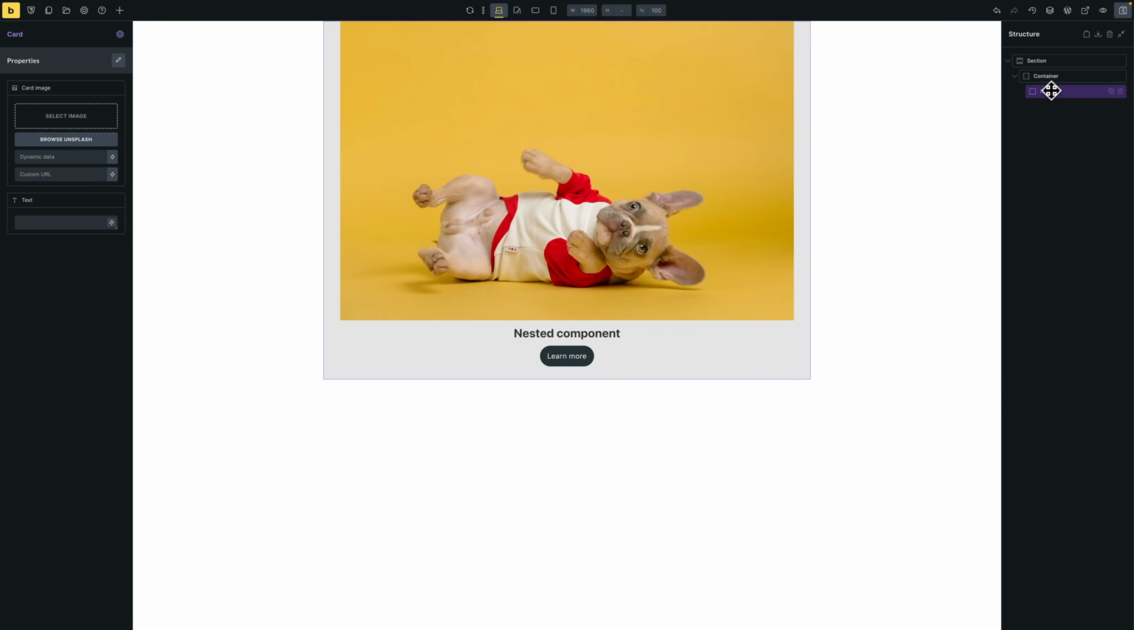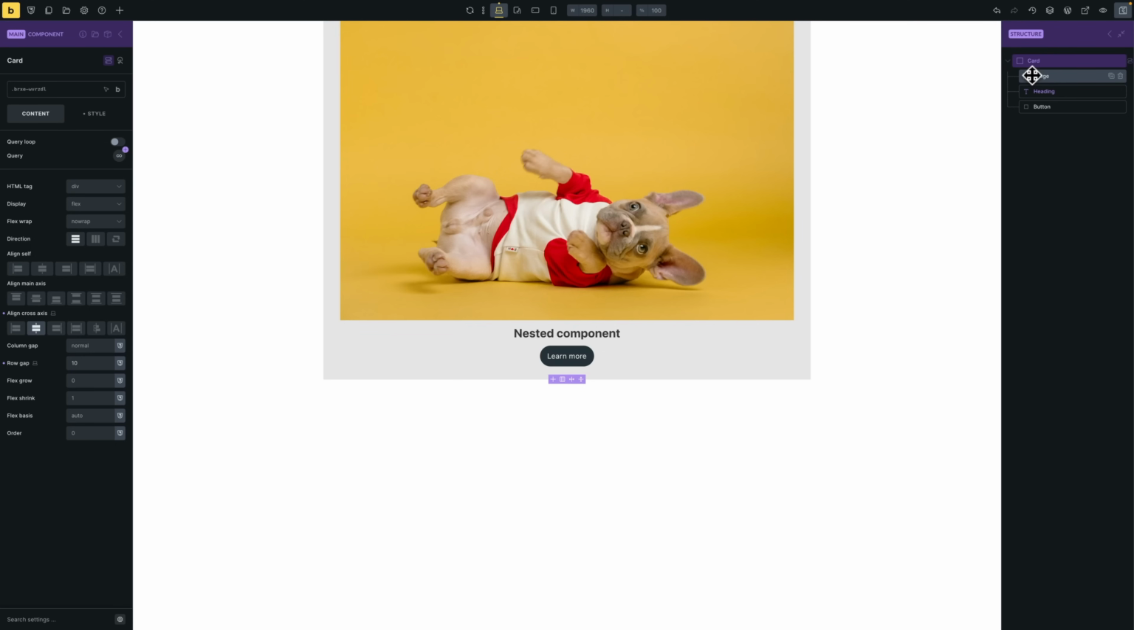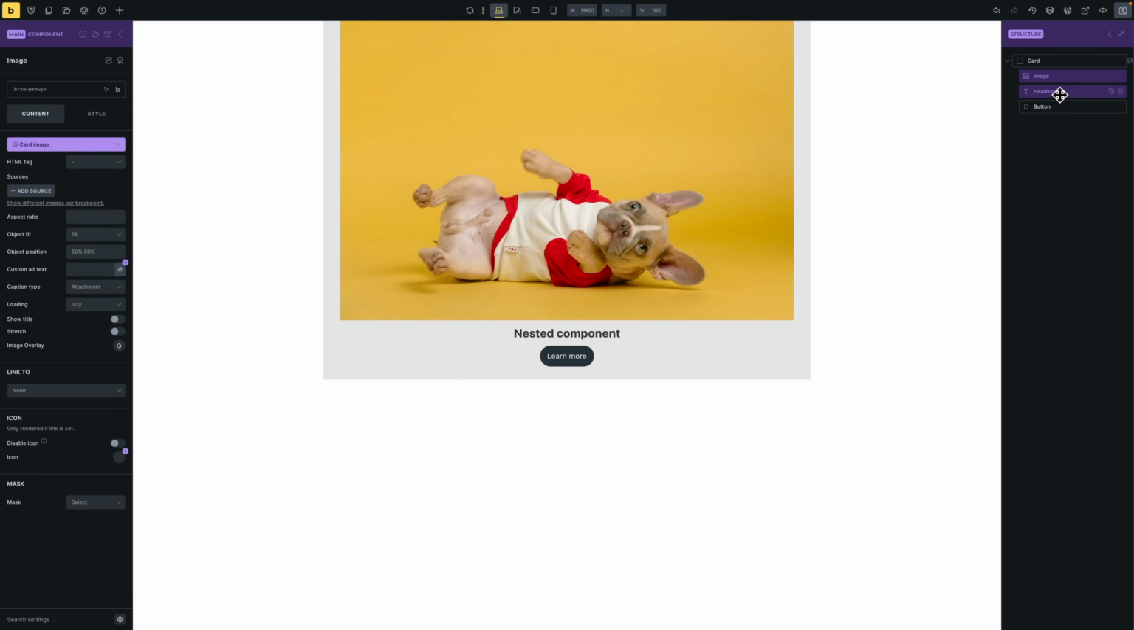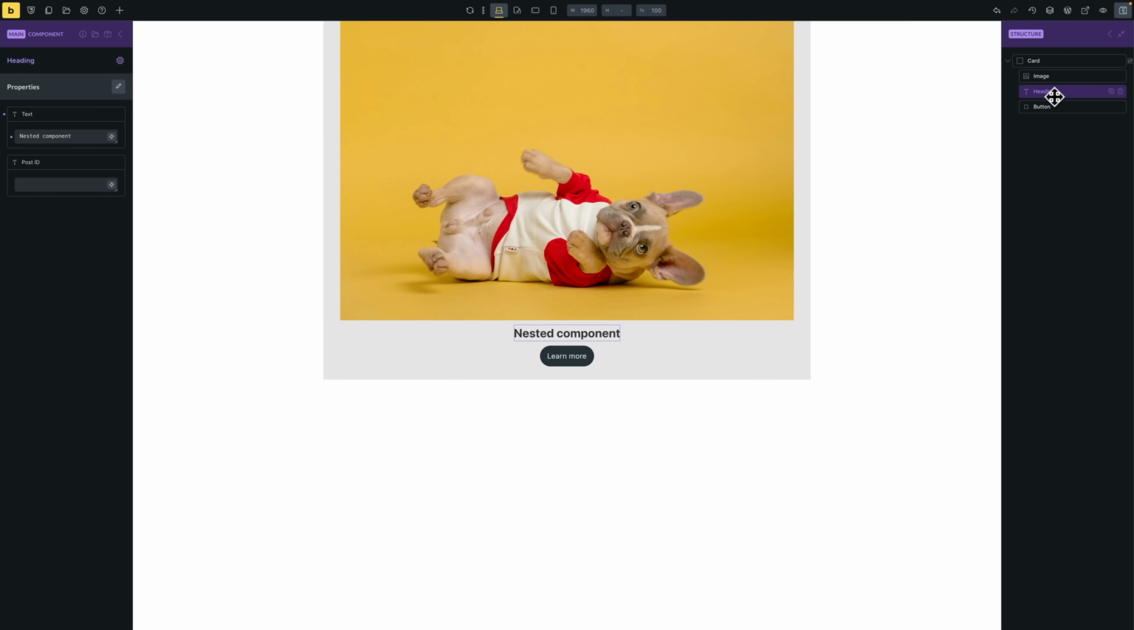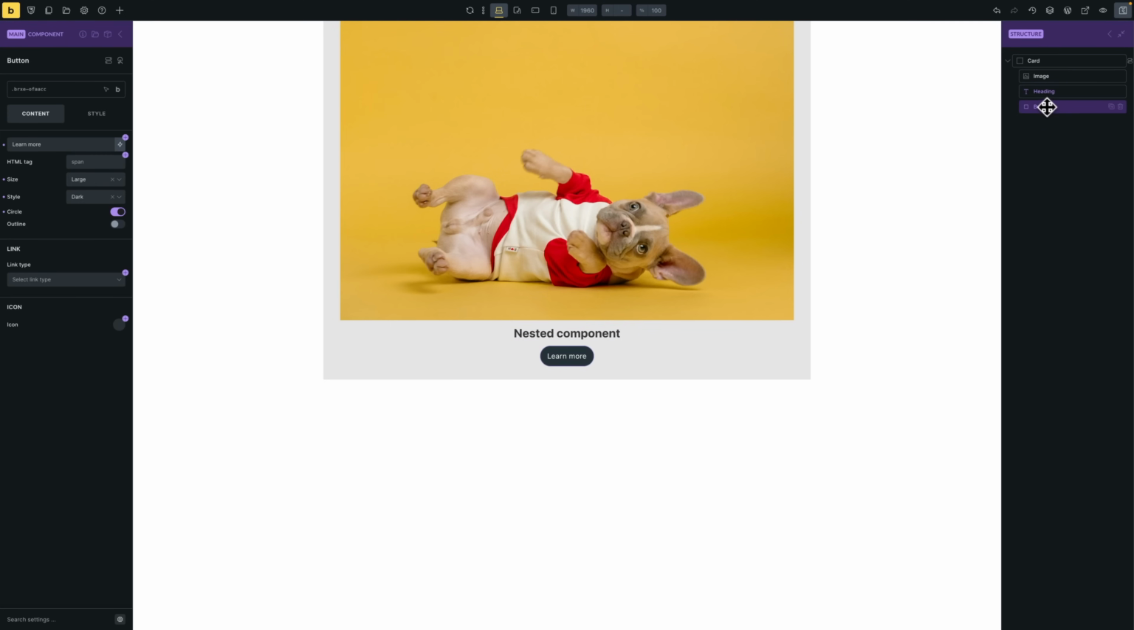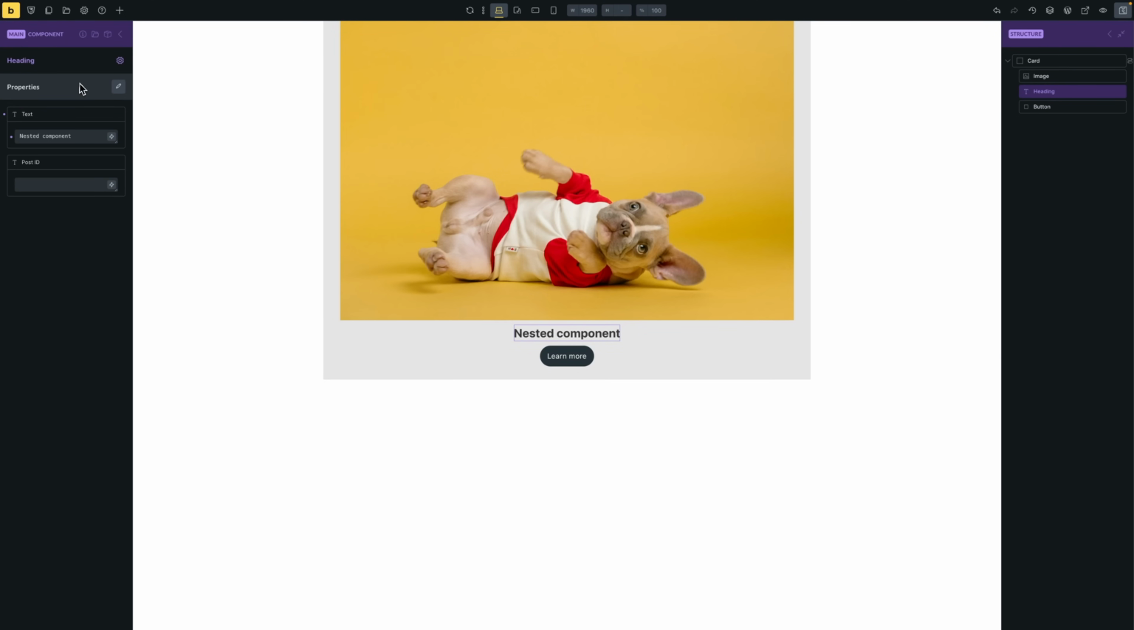So I have a card component here, and if we have a look at the card component, you can see that inside the card component, we have an image, we have a heading, and that heading is actually another component. So you can see that my heading component within my card component is working. And then here I have a simple button. So inside of this card component, my heading component also has some custom properties here. So I have set the text here for the heading, and that's going to update as soon as I make a change here. And yeah, it's just a simple example, but it's basically how we can use components within components